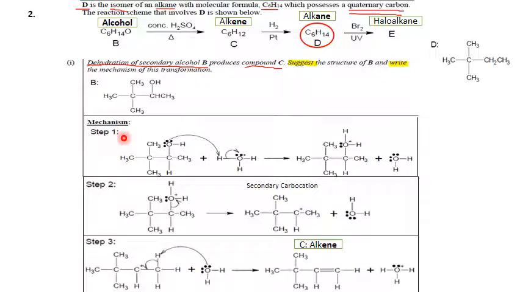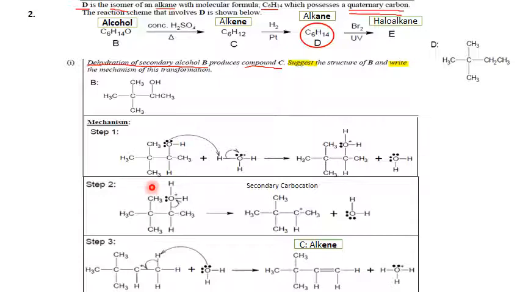So step 1, protonation of alcohol. This process is the addition of H3O plus ion from acid to the hydroxide group, the OH group of alcohol. The oxygen has high electron density, takes the H, and then the bond breaks. So it will form the protonated alcohol over here. Remember the plus on the oxygen atom, and then H2O is formed. Step 2,